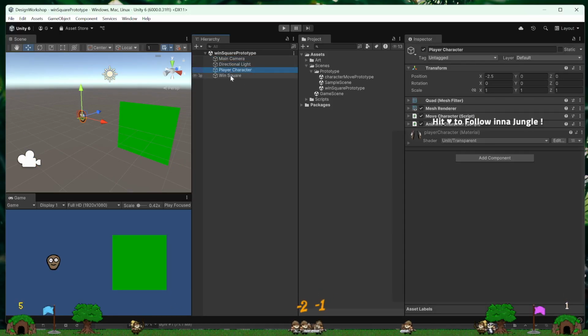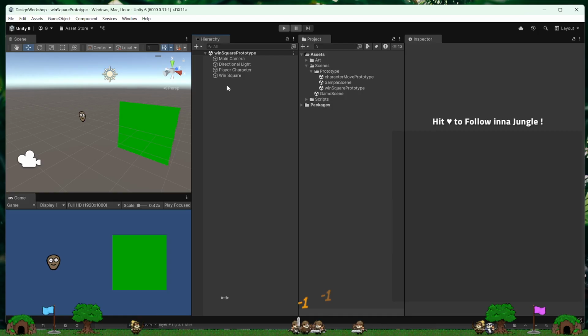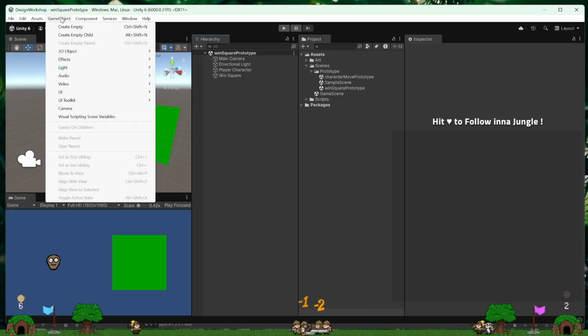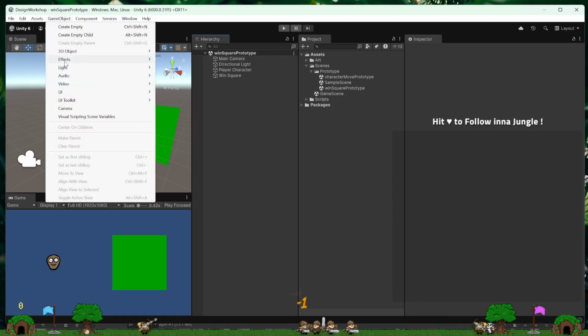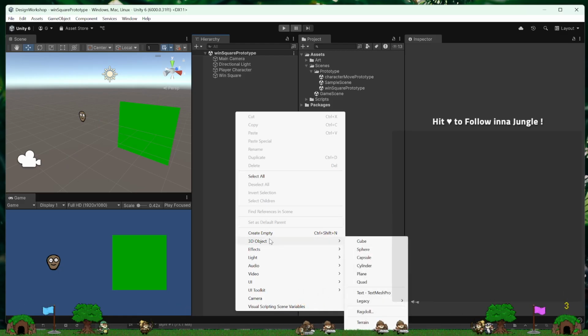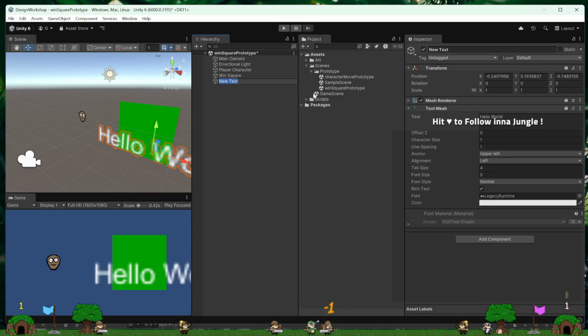So there are these things in the scene, and I'm going to add one thing to the scene. I'm going to right click. I mean, I could also come up here to Game Object. It's the same menu right here. I'm going to right click, and I'm going to look for a 3D object that is made for text. This is one, but I'm going to go to this old school one. Legacy, meaning old school. It's actually very simple, and I like using this. In fact, we use this for our sample scene. I'll show you that in a second. I'm going to name this object. I'm going to call it, I don't know, Ready, Set, Go.